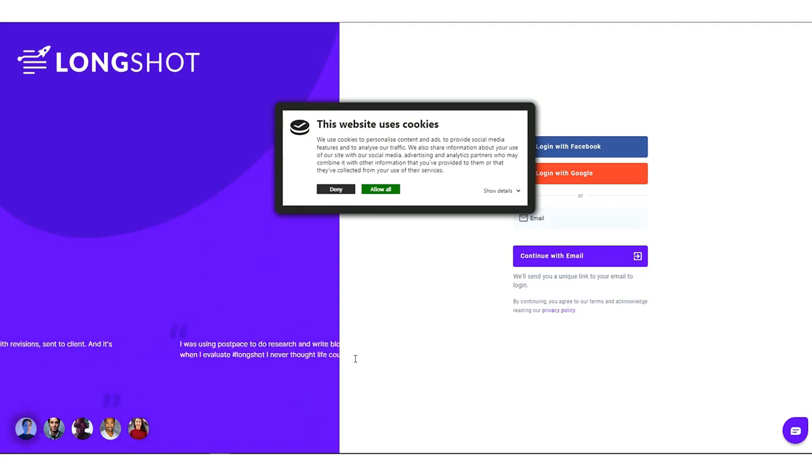app.longshot.ai/login and you'll get to this page. So you add your email address over here and we'll send you a verification link. You can do this or you can even log in with Google or with Facebook. As you can see, there's no password involved over here. What we have is cookies. So you can accept these cookies so that you don't have to log in every single time you want to